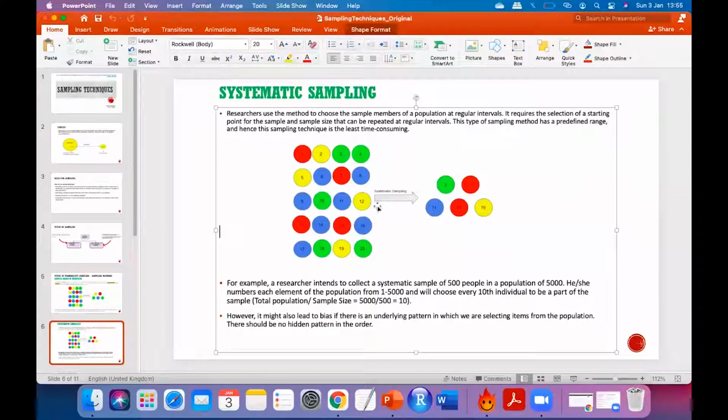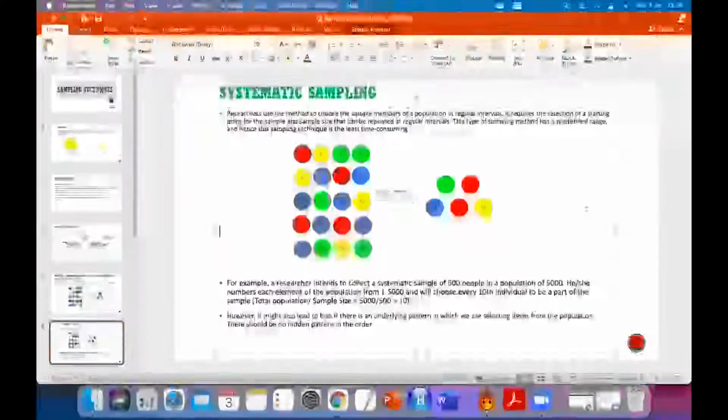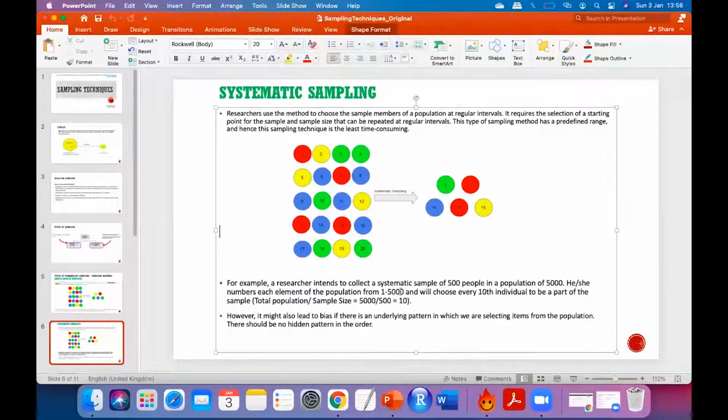This I have done for 20. It can be 20 lakhs also. Okay. Only thing you have to do is take the total number of population upon the sample size that you want, and then that number. Let's say this upon this came out to be 10. So every 10th element. Here it was 4, so every 4th ball. So systematically we are selecting the balls or individuals or observations. Clear? Any confusion here?